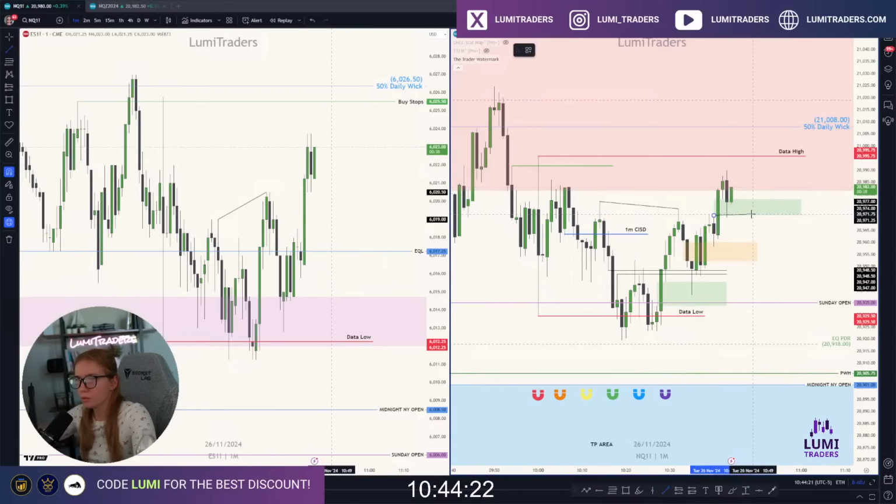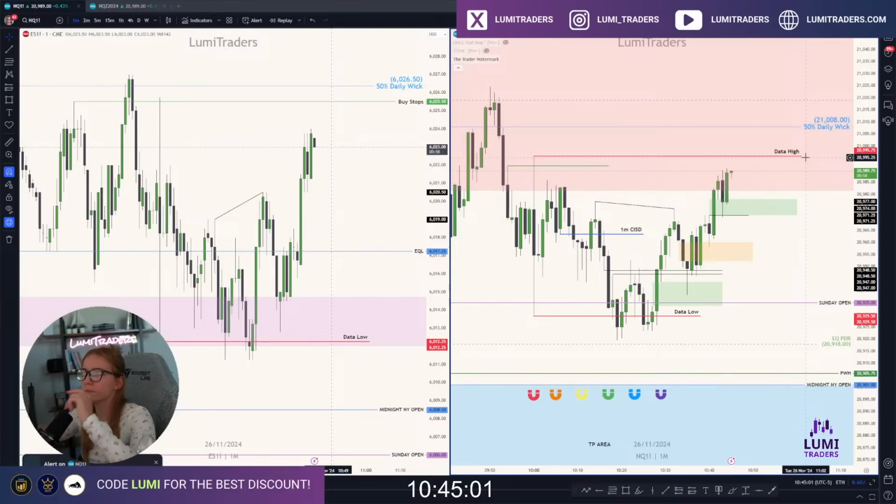Kind of bullish in my opinion with this chasement down to this OB. Looks bullish, at least I would like to see data high. Quick move right there. 17 seconds left, so it's about to confirm the 5-minute order block, which is nice. Yeah, we got the 5-minute order block.